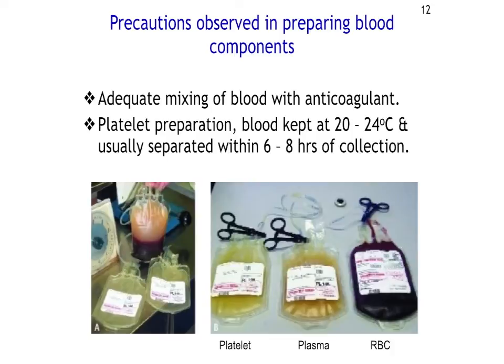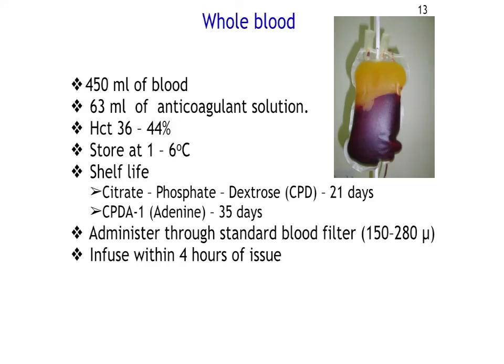So precautions observed in preparing blood components. You need adequate mixing of blood with anticoagulant. If you don't mix it well, then you end up with clots. Platelet preparation, blood should be kept at room temperature and should be separated within 6 to 8 hours. So this is whole blood. As I was telling you, we need 450 mils against 63 mils of anticoagulant,